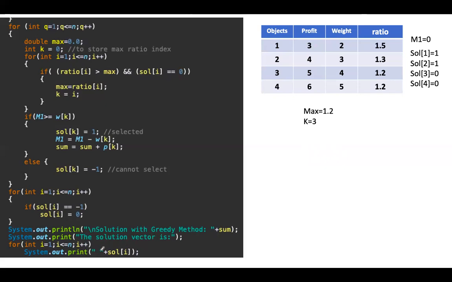Is it clear? So this is the program for the greedy method. Knapsack using the greedy method. Okay, very simple program. Just a few basic calculations, and whatever we have done manually, the same is done through the programming. Is it clear? Knapsack using the greedy method. Next, I will continue the program.